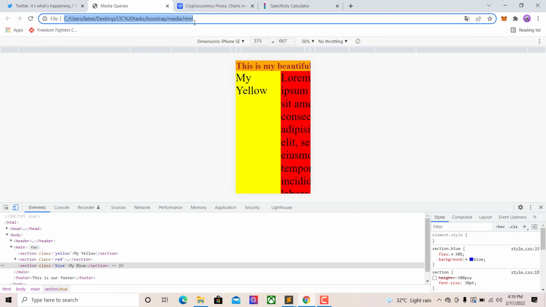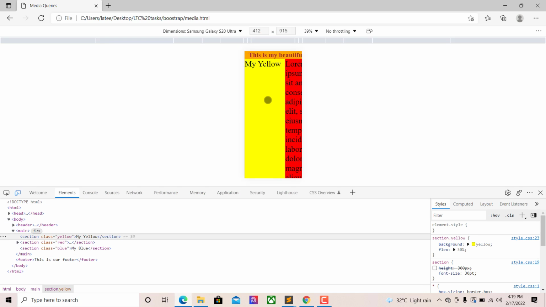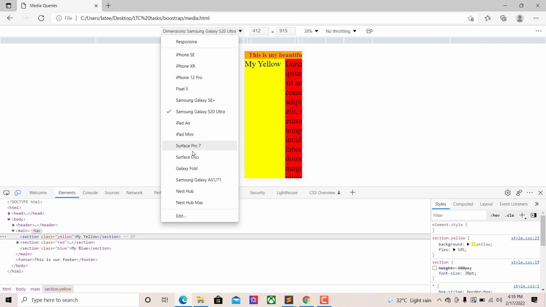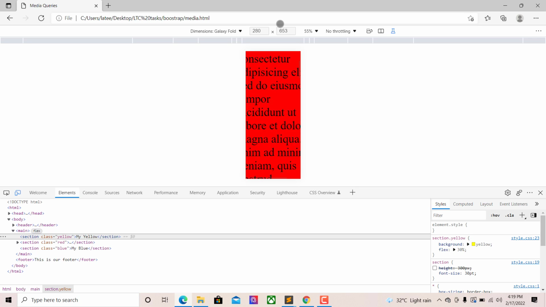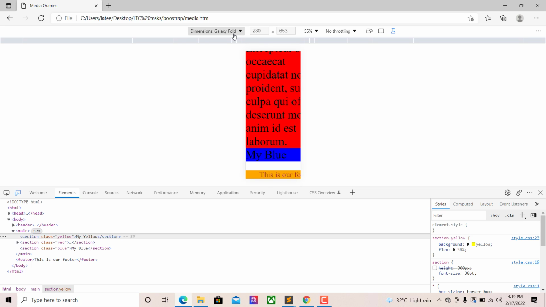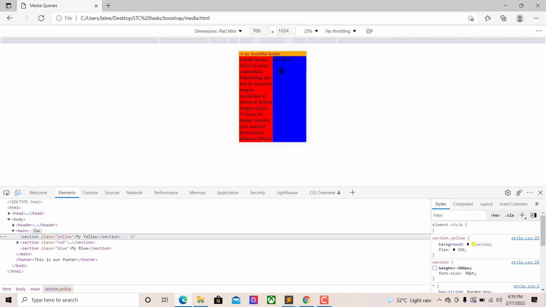Let me open the same thing on our Internet Explorer so you can see across different browsers. Inspect. Look at that, same thing. What about a classic food site? Different design entirely. iPad mini, another design entirely. But look at that, not responsive. That's one thing you won't see with